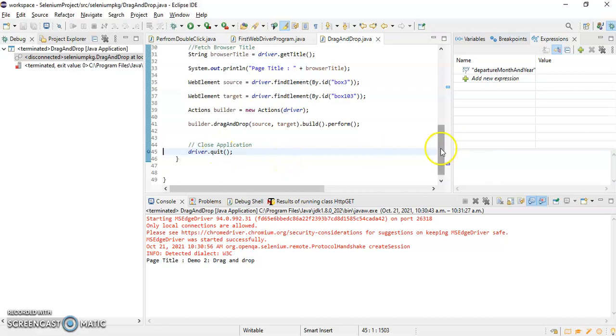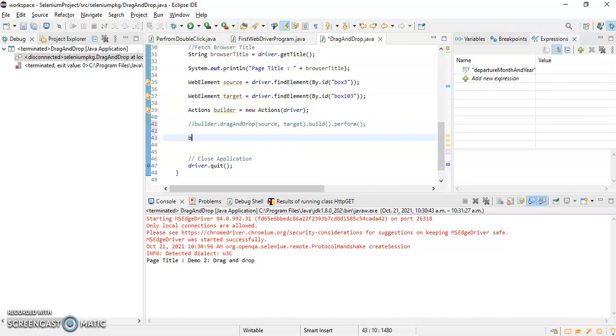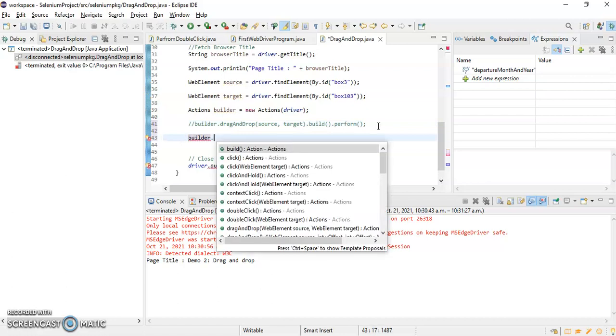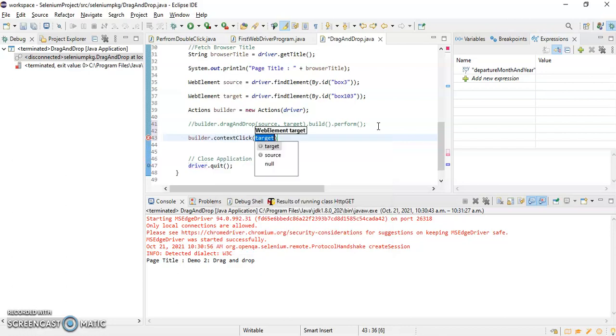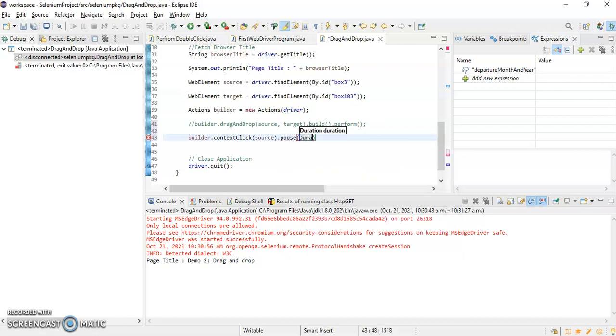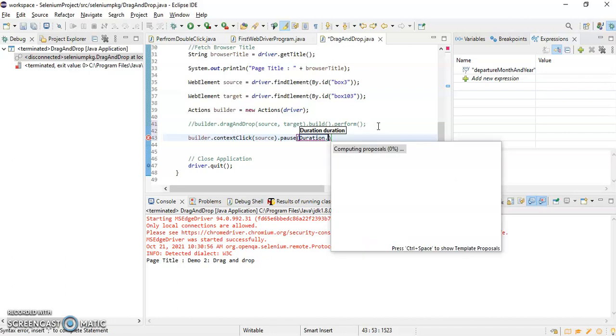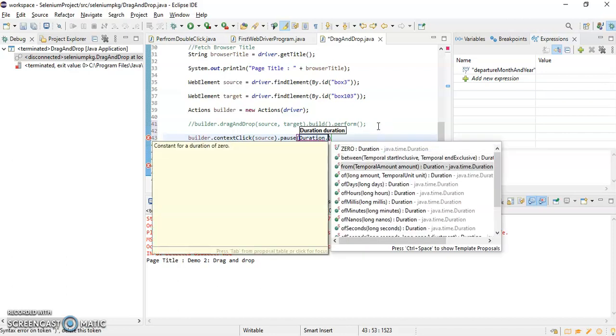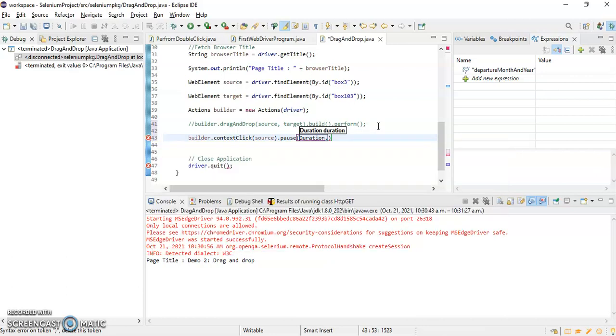Okay, so there is one more way to do drag and drop, that also I will show you. So I can write like this, builder.clickAndHold. We have something called clickAndHold. So here I'll give the source. Then I'll give some pause here, Duration.ofSeconds, so I'll wait for 2 seconds, right?